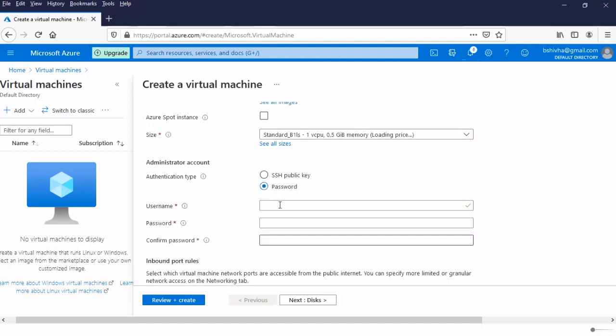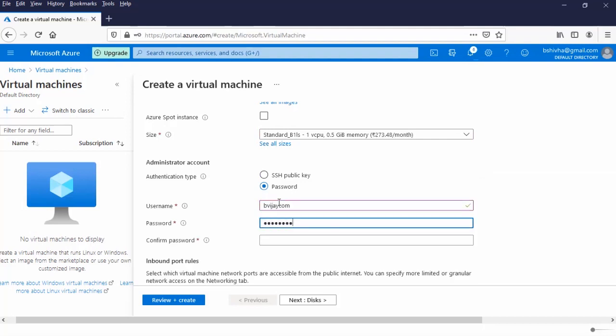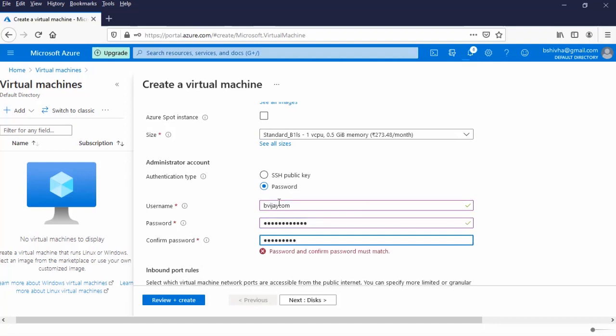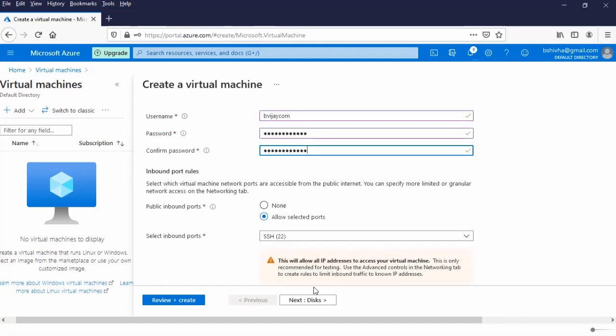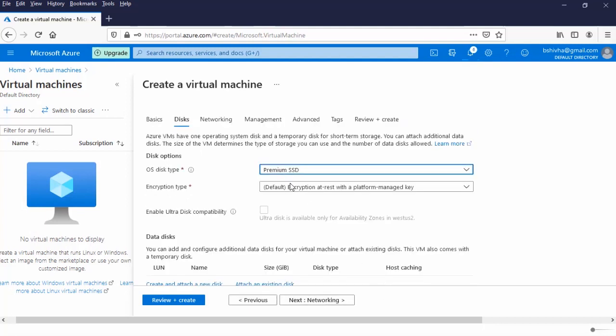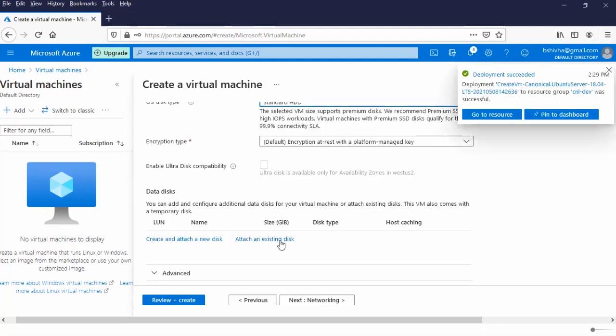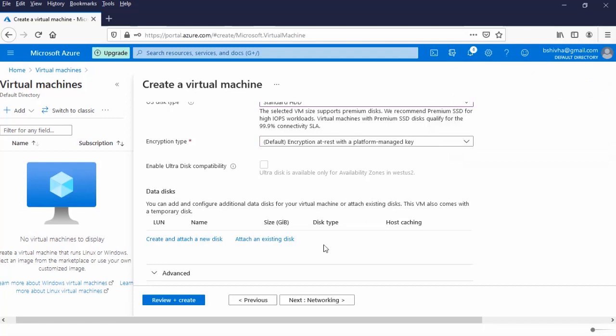Password. Say I'm giving my username and password. Okay, come down. Disk. Say standard SSD. I'm not going to add any additional data storage. So I'm fine with this primary disk itself.